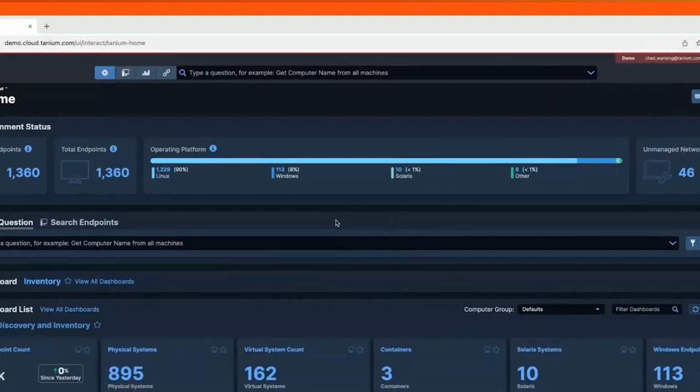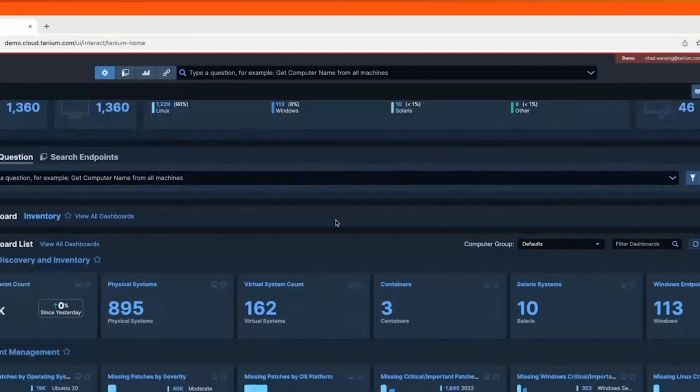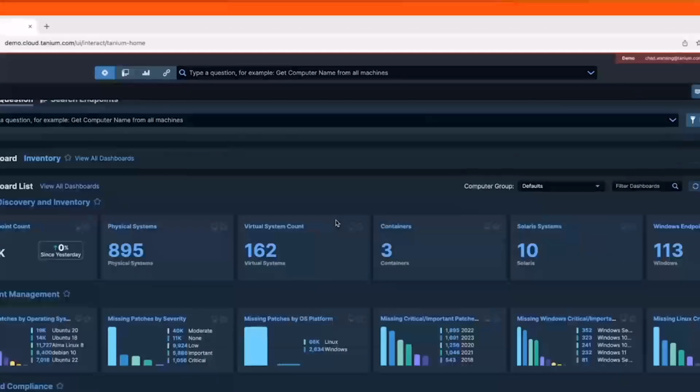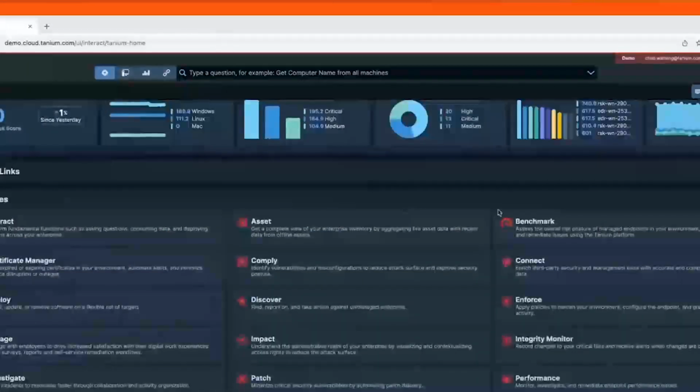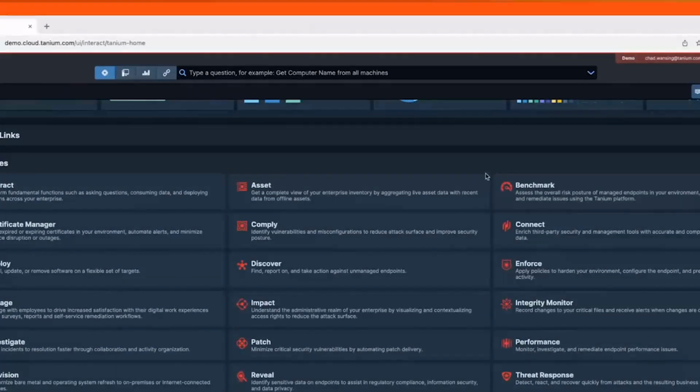Perfect. Okay, now, as we get into this conversation, I have this conversation daily for people looking for different patch solutions, application installation, asset management, all of these things that we do. But what I will say is that for everything that Tanium can do, none of these modules are our core value, right?